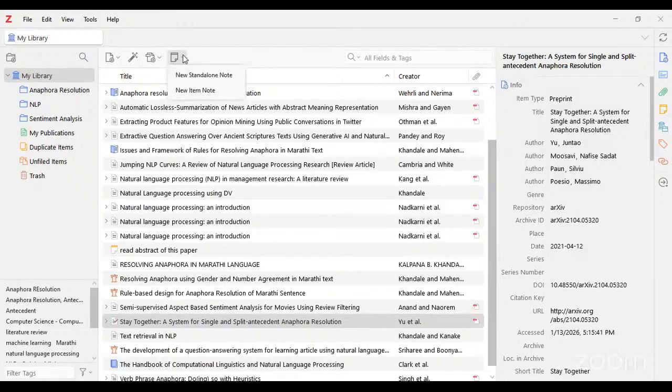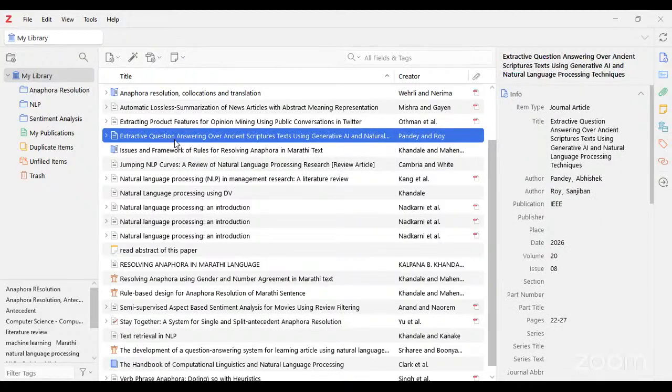After that, one more thing is there. You can create your own note. Suppose this is one of my papers, that is extractive question answering system. So I have to put one note for this paper.